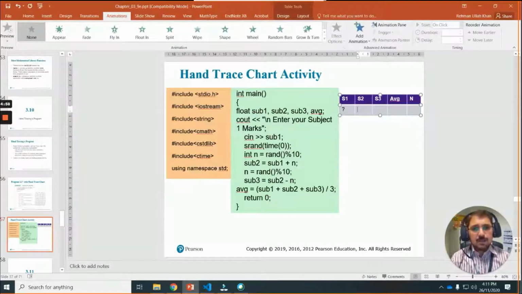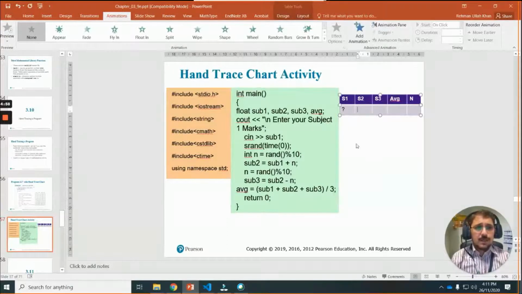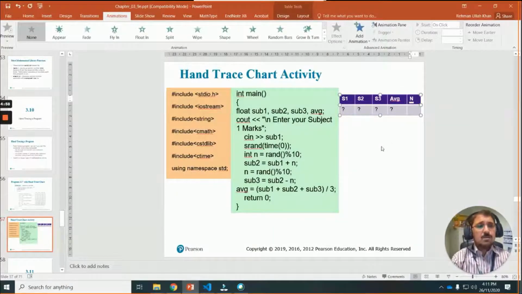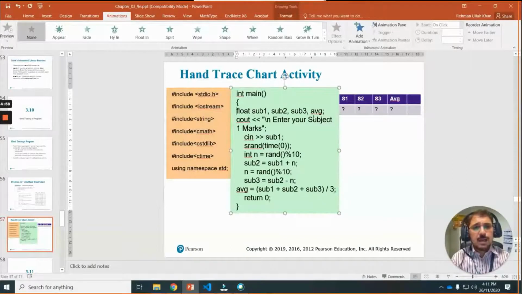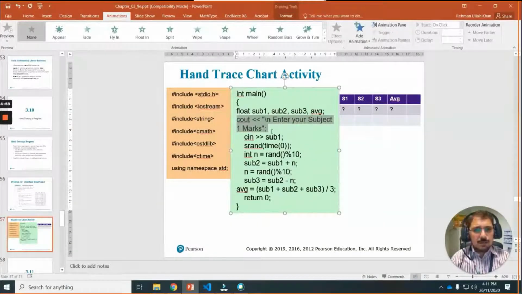We didn't assign any value, you see, sub 1, comma, sub. So if you do like this, like sub 1 equal to some value, then it will get. Otherwise, we don't know what value it has. Okay, this one is also unknown. This one is also unknown. This one is also unknown. But actually, at this moment, even there is no n, because n is not even created yet. You get what I mean? Yes, sir. Okay, so next line, you see, and this one, cout, and to this line.